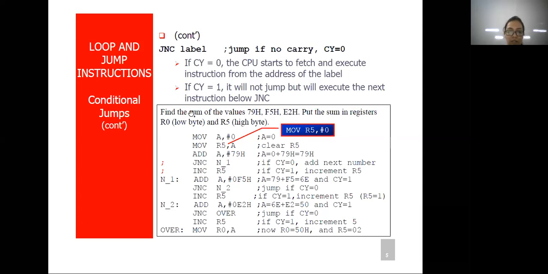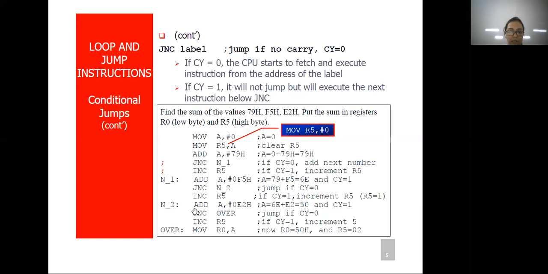So this instruction simply means if the carry flag is 0, then the CPU will start to fetch and execute instructions from the address of the label. If the carry flag is set, or it is 1, it will not jump but will execute the next instruction below JNC.